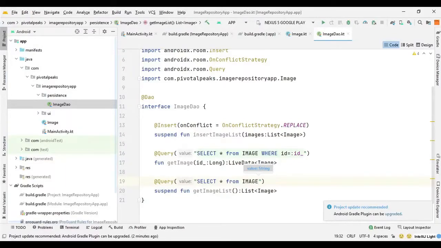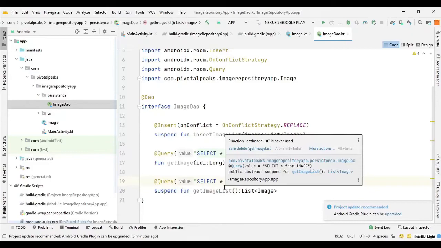So you must be thinking, what is a suspend function and why did I use it in these two queries and not in this one? The thing is that when you do a big calculation process, you don't want to do it on the main thread because it can take a long time to fetch all the data as we are trying to insert or load with this function.